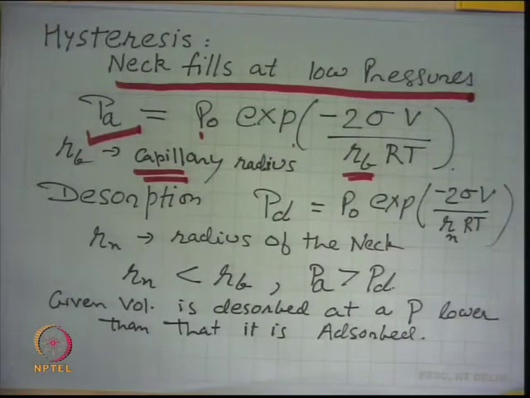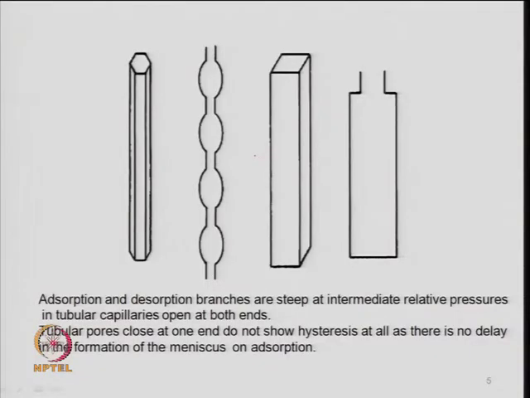So, desorption will take place because the smallest pore, right, and the bulk has the larger size, the volume is larger, right. I am talking about just an ink bottle or this kind of system here, something like this, or it can be like this also, the shape something like this, right, and these pores are open from both ends, right. So, the problem is in terms of meniscus formation, which will form easily in the case of the closed end pore, right. That is a kind of wetting the surface, because you are talking about a contact angle of 0, right. So, it wets the surface.